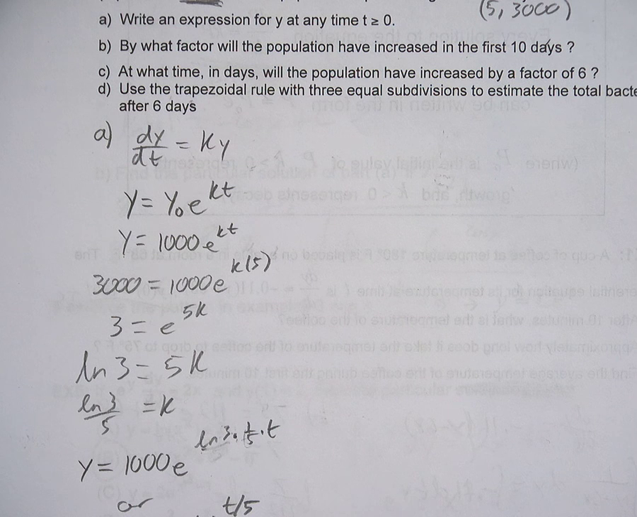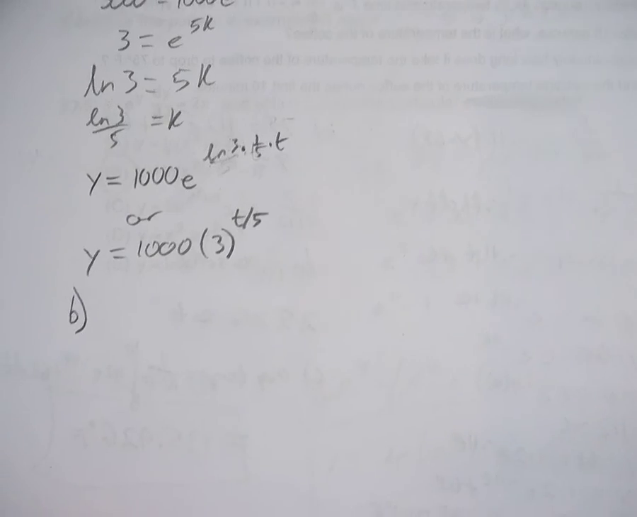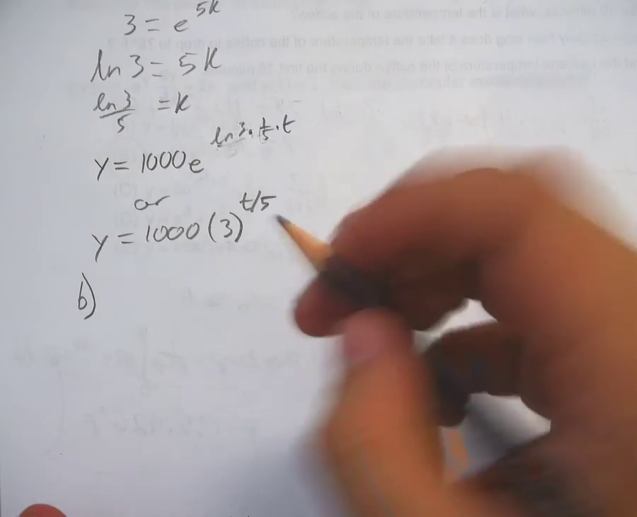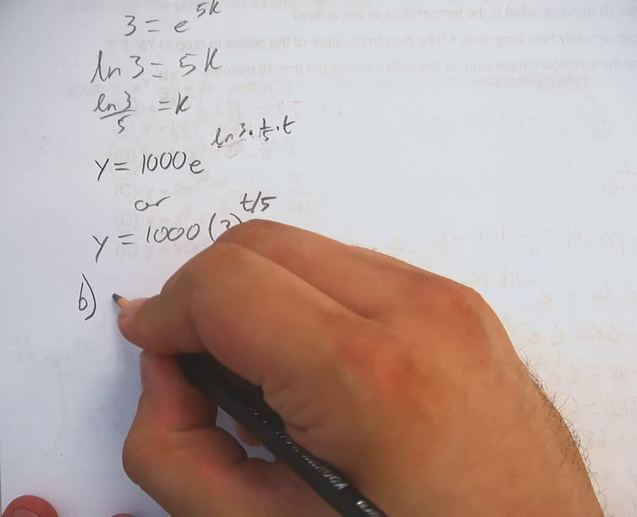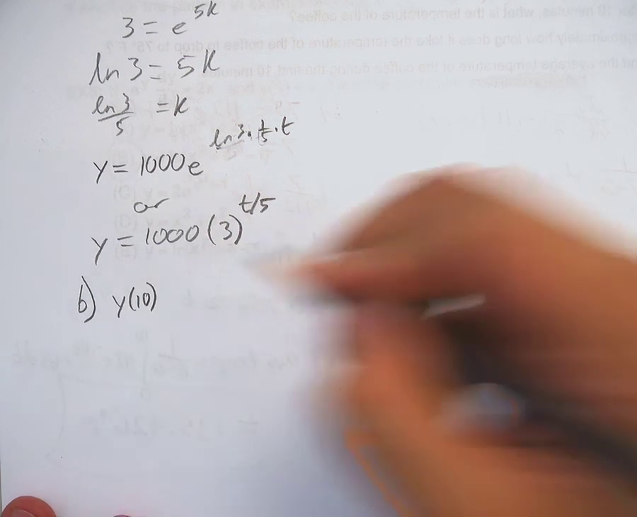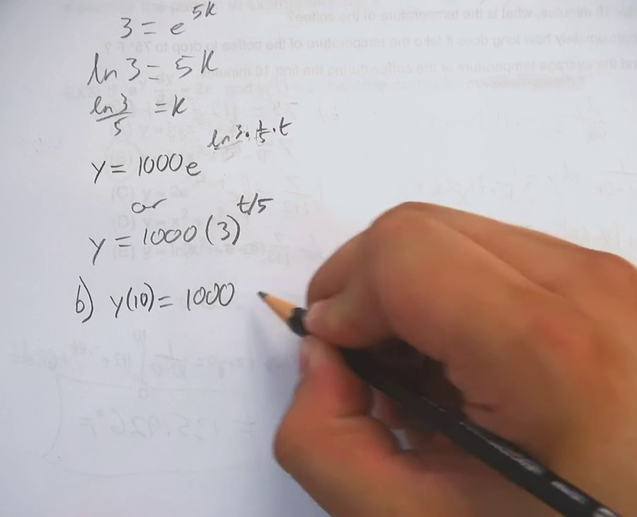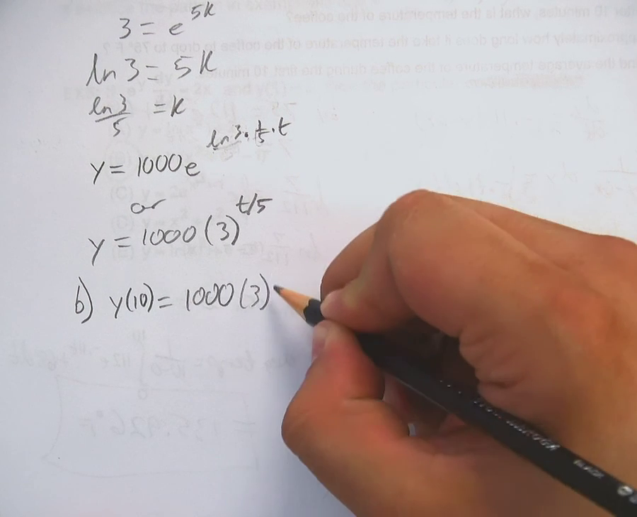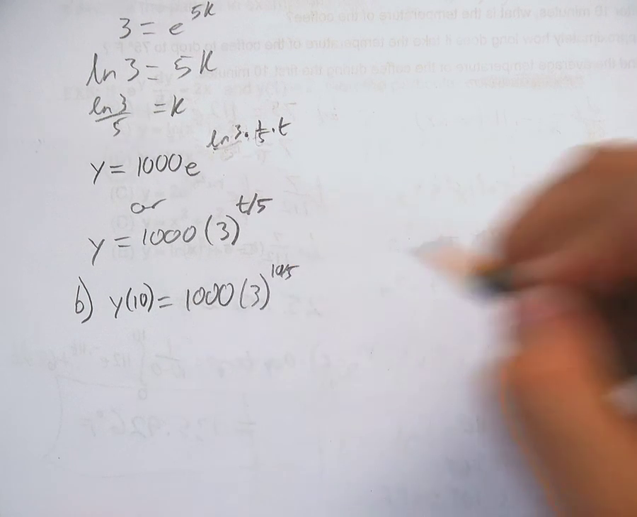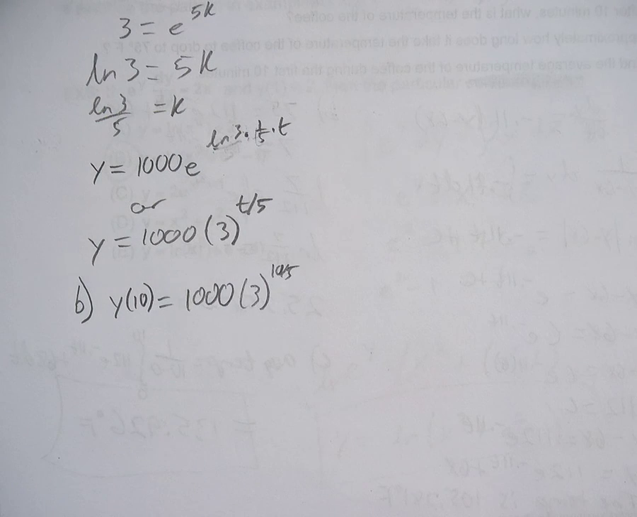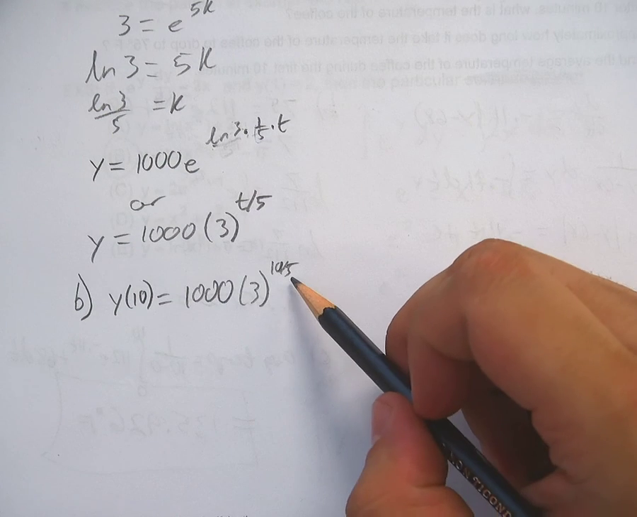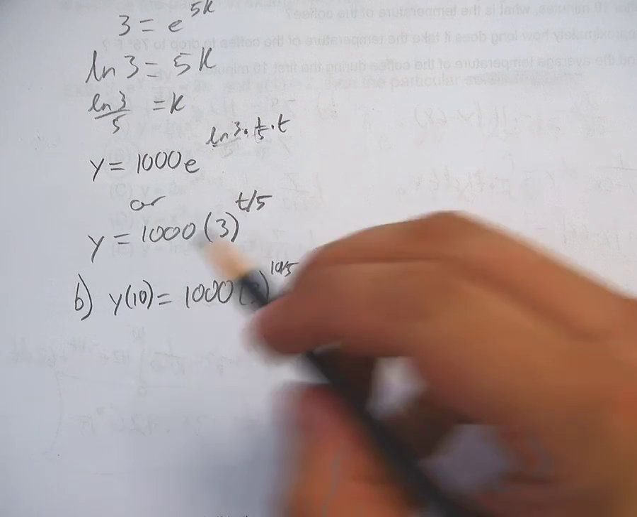Part B, by what factor will the population have increased in the first 10 days? So basically, what I want to figure out is what is y of 10. Plug in a 10 for t. Here's 1000, 3 to the 10 over 5. Well, 10 over 5 is 2, 3 squared is 9, so y of 10